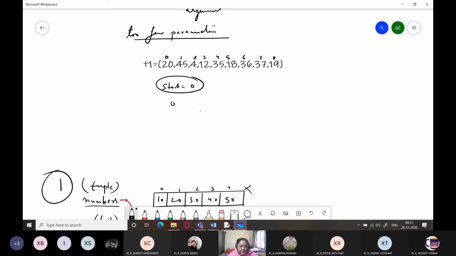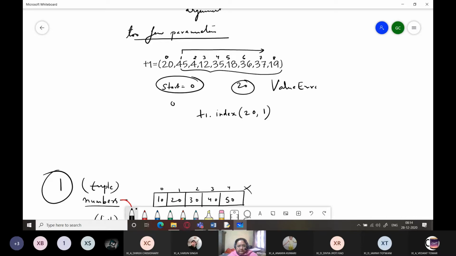But then what I did was I wrote t1 dot index 20 comma 1. That is, it should now start from 1. And in this portion of the tuple, there is no value 20. That is why it gives us a value error.